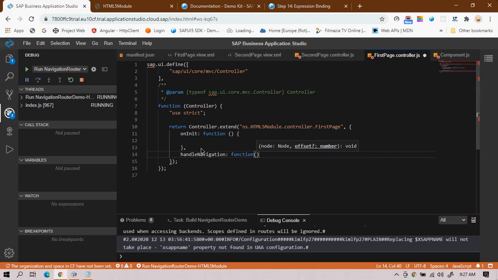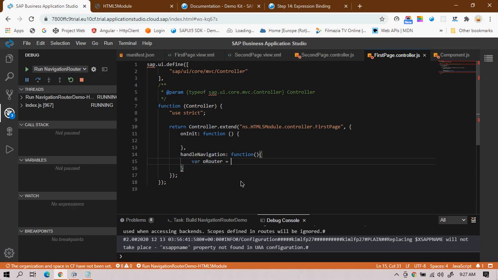Once I declare this function, first I will take one local variable, oRouter. You can take any variable, but it's better to take oRouter, so at least you will get to know that this is a router variable. Next, you need to get the UI component.